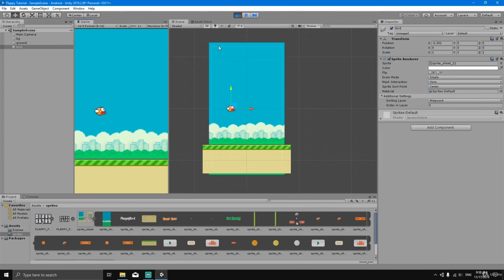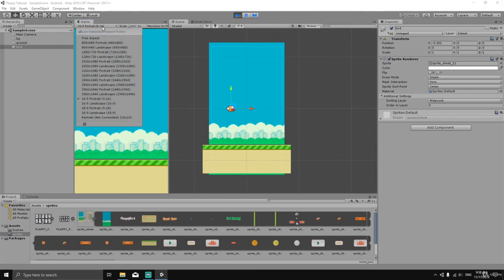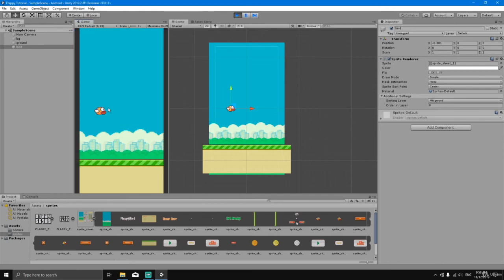All right. So what I was telling you before is that now that we're playing the game, we can go here to the aspect ratio of the game. We can click here and change it, for example, to 9:18. And when we change it, take a look at what happens. So we click, and now you can see that